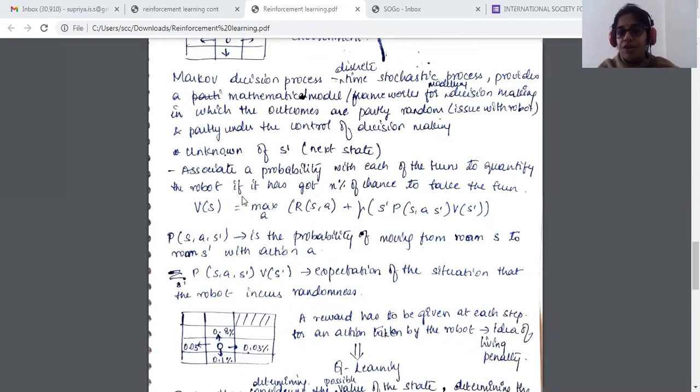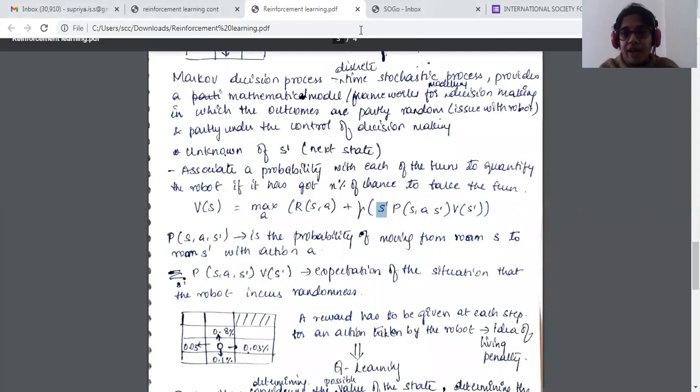Okay. So now I'm going to have to change the Bellman equation. So V of S is equal to maximum over A of the reward that I'm going to associate with it, plus a discount factor, which is gamma, and for each state S dash, you can see here, S dash are the next states. Like I have to go one above, towards the right, towards the left, or towards the down. So I have 4 states over here for that particular current state. Okay. So I'm going to take S dash into probability of S to S dash.